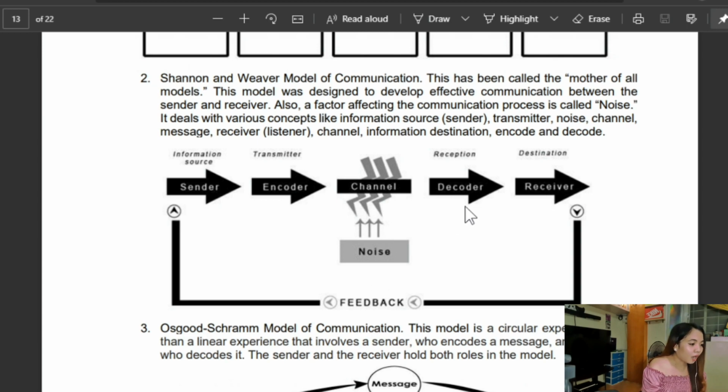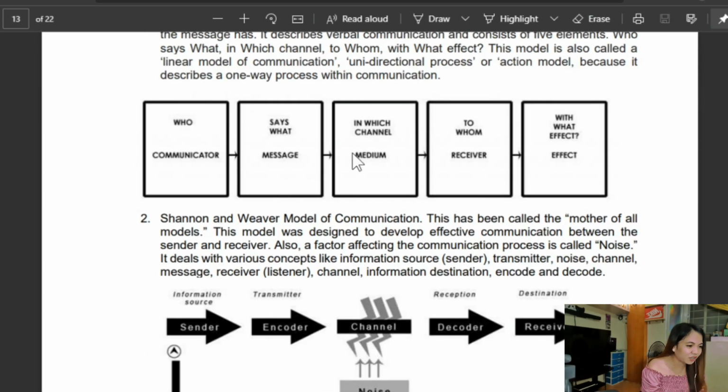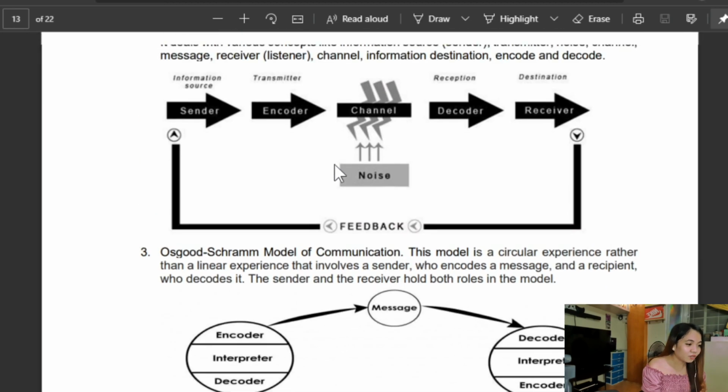And then, decoder, ito yung receiver. The receiver is the one who decodes the message. Pag sinabing decode, parang, aside from receiving, in-analyze, in-evaluate, inintindi ni receiver, and then here we have the feedback. The feedback is directed to the sender. So, kaya, this model actually is very perfect. One of the most perfect communication models kasi meron siyang feedback. Again, dito sa una, wala siyang feedback kasi nga, unidirectional siya or one-way process. Okay? So, this one, meron siyang